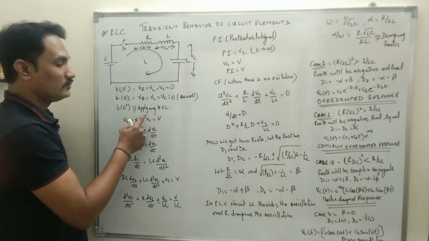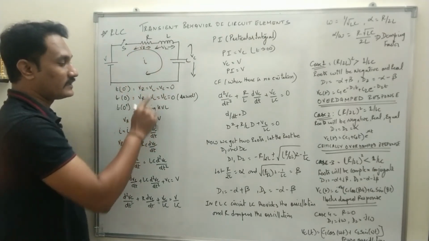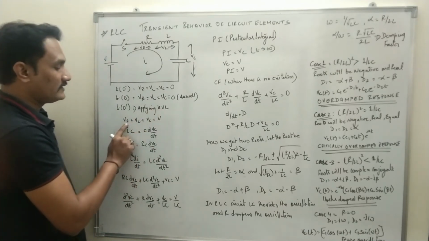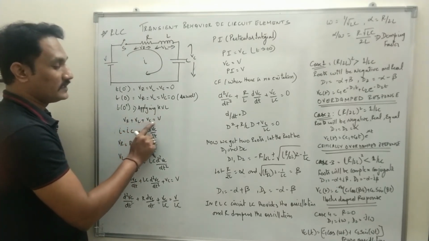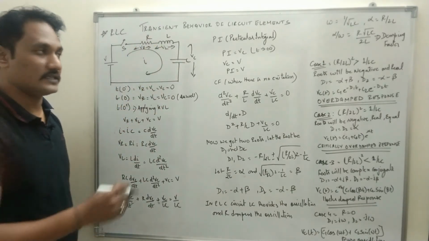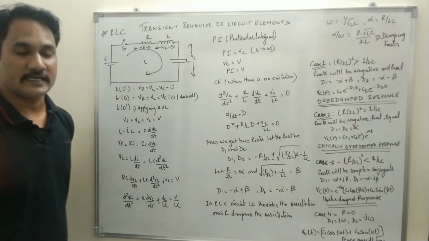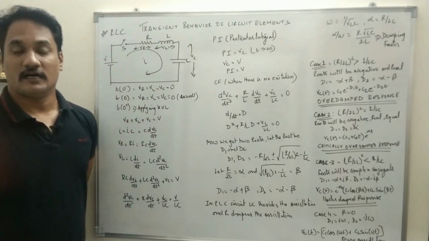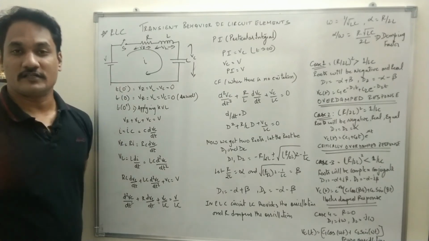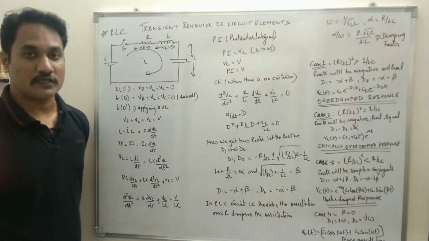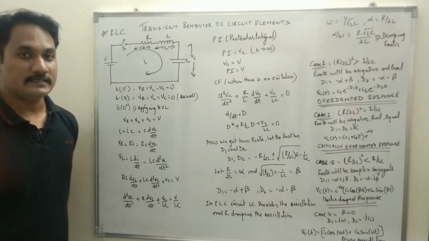Of course, current will flow in the circuit, so we can apply KVL. When we apply KVL, what we get is VR plus VL plus VC equals V. You know what KVL is. Just applying the sign convention, you will get this equation. The total voltage drop around any closed loop must be equal to 0. If you start from one point at a potential and go back to the same point, you get the same potential.